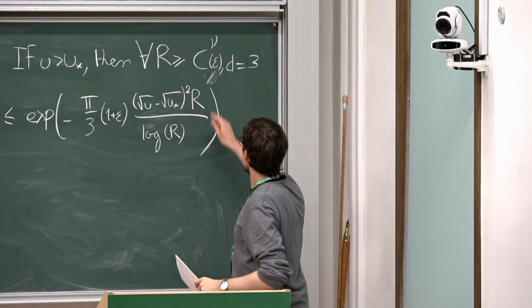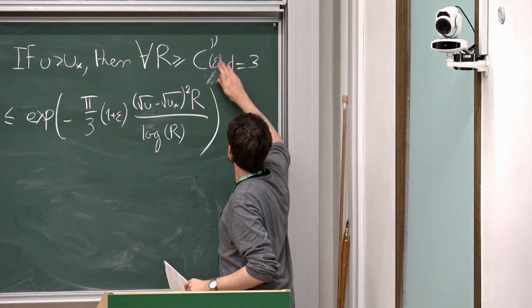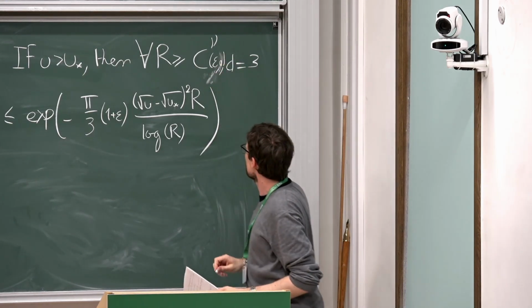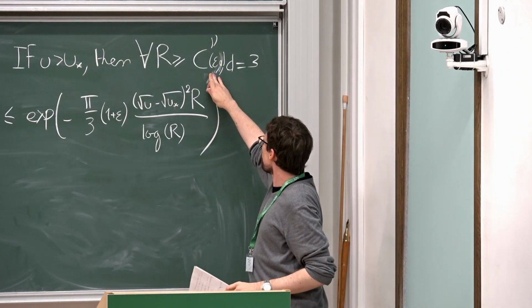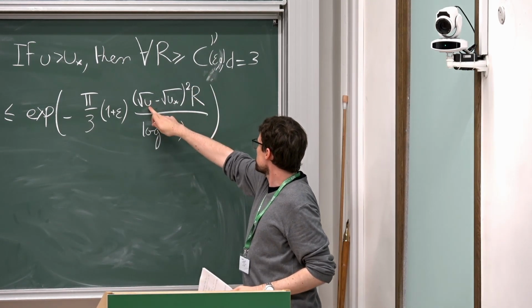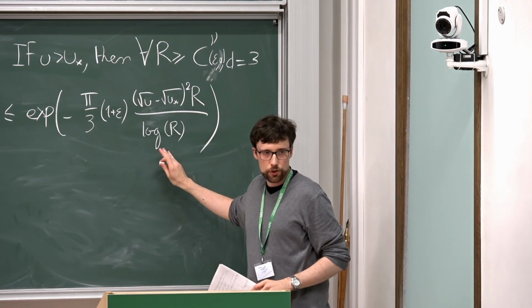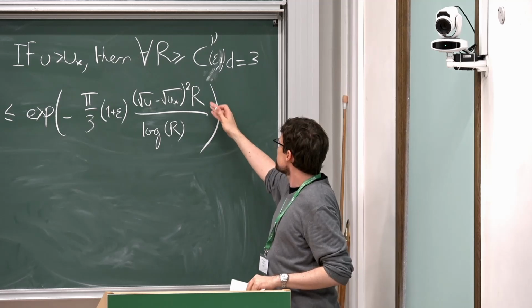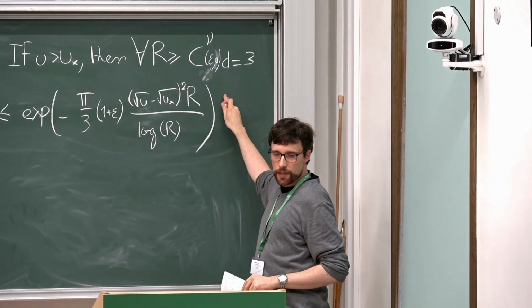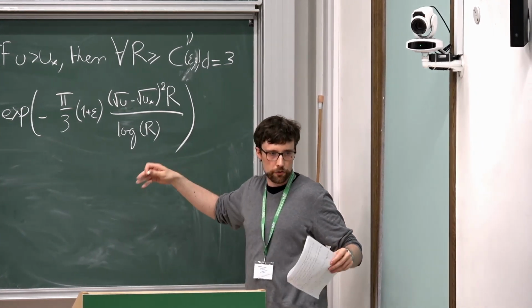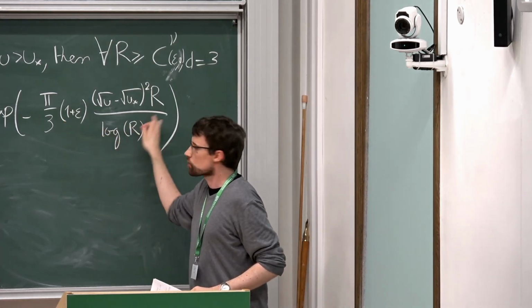If I could prove this, so this constant here also depends on epsilon and u, for all r larger than the inverse of this, then this would be exactly the correlation length of my model. But this is really an asymptotic result. So really, as r goes to infinity, in a way that I don't control, I have this result, but here I have the correct constant.